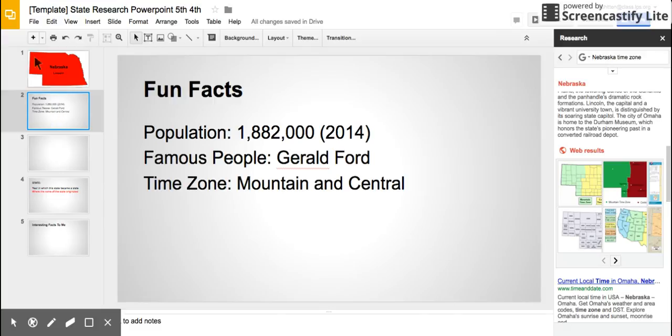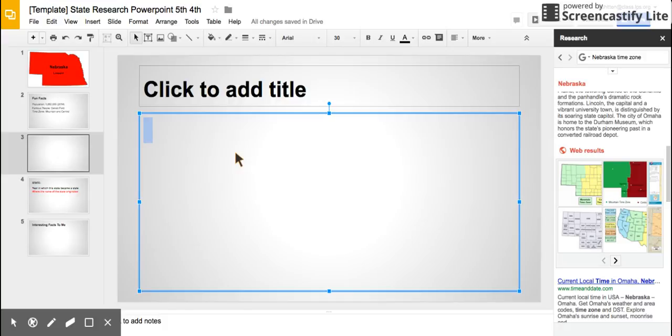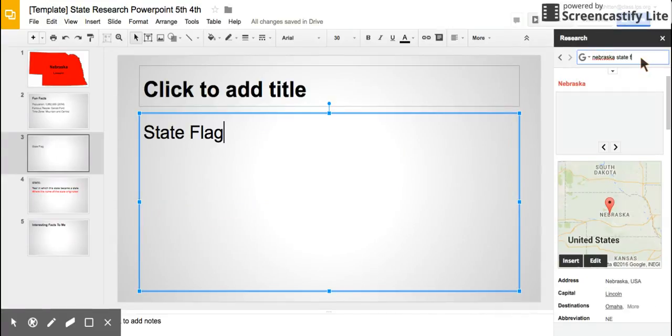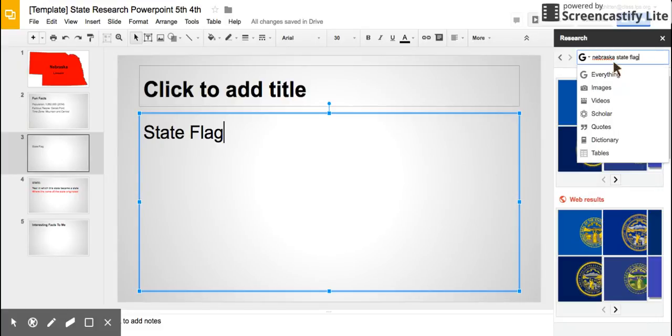Make sure when you add a slide, you put your cursor and click on the slide just before where you want it to be added, and then click the plus sign. So in here, I'm going to go ahead and Command V, which is paste the state flag here, and I'm going to type in Nebraska state flag, hit enter, and I'm also going to click on it and notice that